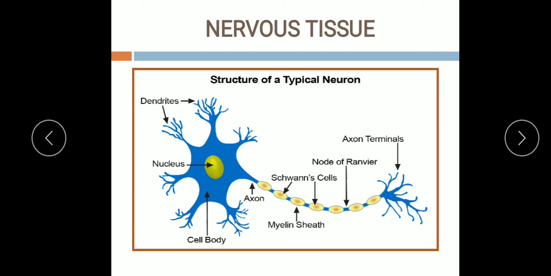And a typical nerve cell consists of three parts. These three parts are the cell body, axon, and the terminal end, along with the dendrites and the dendrons. So processes are there: cell body, axon, dendrites, and dendrons. So cell body, this is the cell body. Cell body has a prominent nucleus and the cytoplasm is present in it. And after this, the long fibers and small fibers, two types of fibers are there.